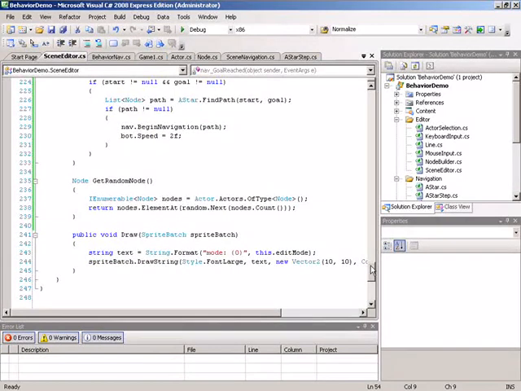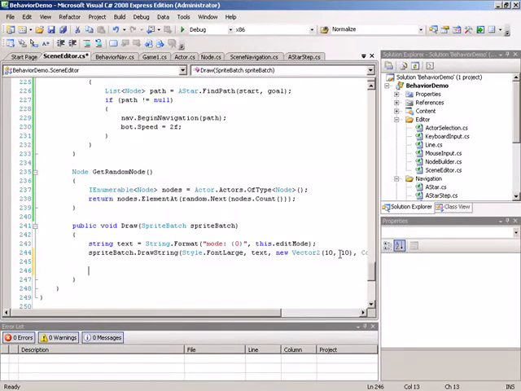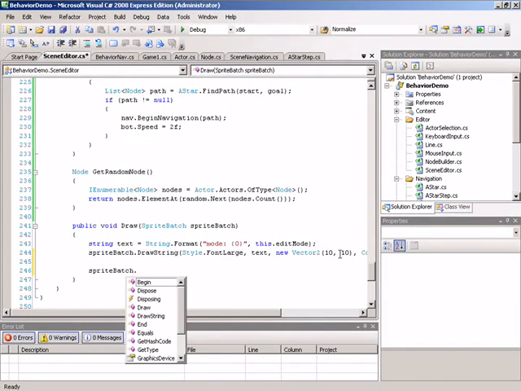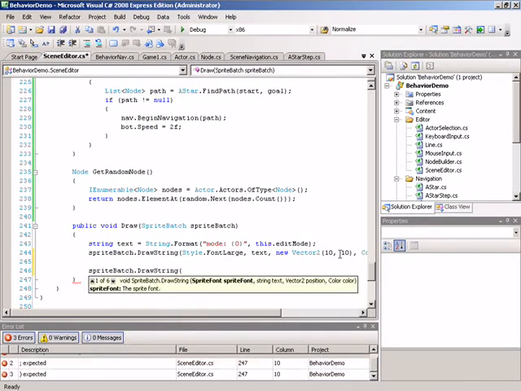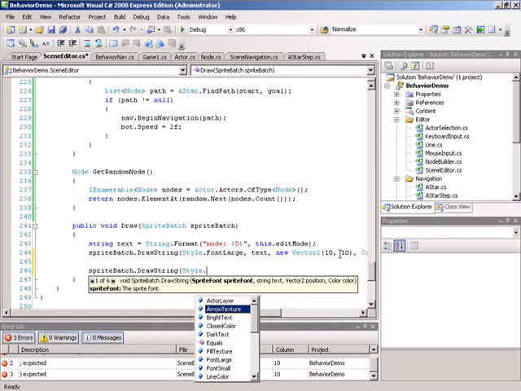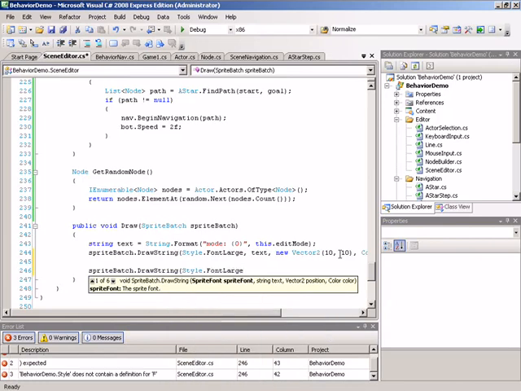So we're going to scroll all the way down here to draw, and we are going to draw an additional line of text. So we'll take our sprite batch, we'll issue a call to draw string. We will draw using the large font, so that is style.fontlarge. We are going to draw the text here as a string literal, where we simply instruct the user to select a node and press enter